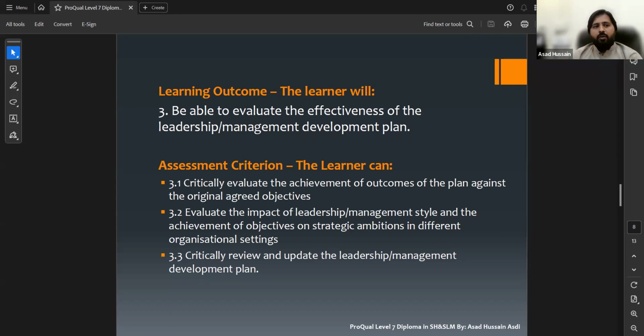One is that after the evaluation, we come to know that this development plan is not enough to achieve the individual and organizational strategic ambitions. Then they have to review their development plan, and secondly, they have to review their implementation process. This is the one thing.